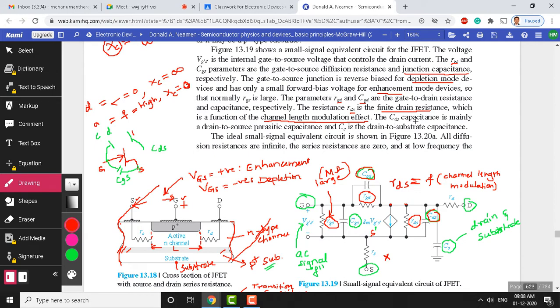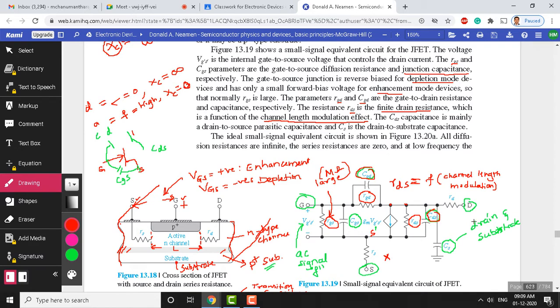Next, there is another capacitance called CDS between the drain and source. You can see between drain and substrate. CDS is between drain and source, a parasitic capacitance, and there is also CS, which is a capacitance between the drain and substrate. So there are two capacitances, CDS and CS. These exhibit as we come across a PN junction between the drain and substrate and between drain and source, shown as a junction capacitance here, CDS and CS values.